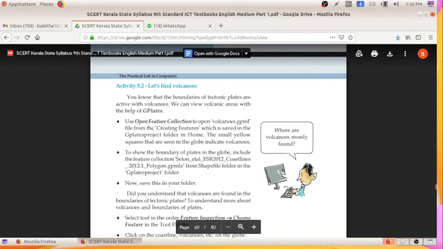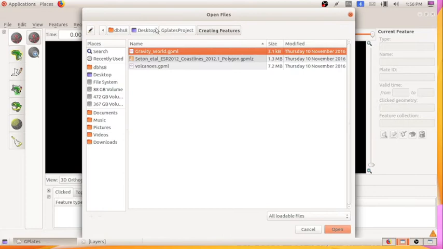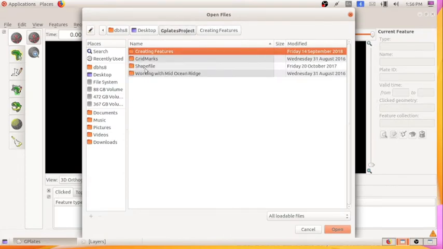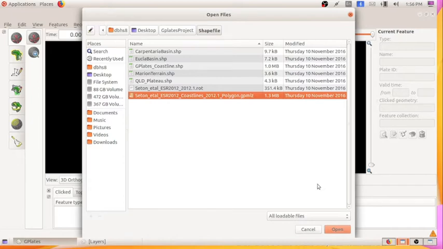So for seeing the boundary, again from the shapefile folder we have to open this. From File, Open Feature Collection, G-Plates project. You can see a folder, shapefile. Click here, and we have to select the last one, ETAL ESR 2012 coastlines. Coastlines means boundaries, 2012 one polygon. So select this, and when we click on open,